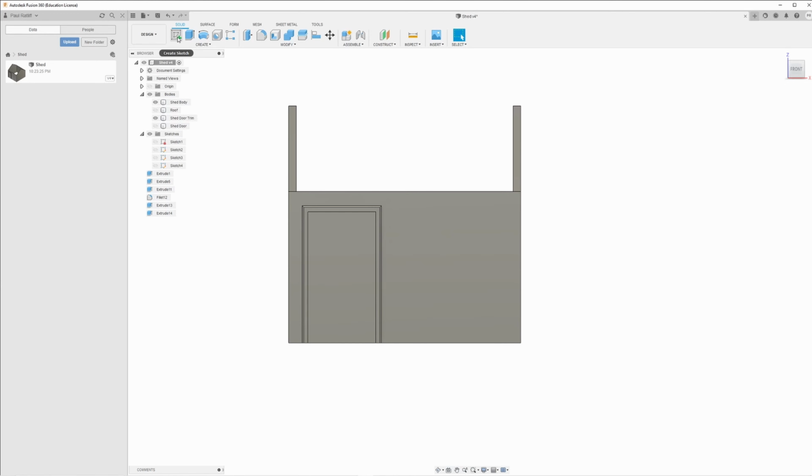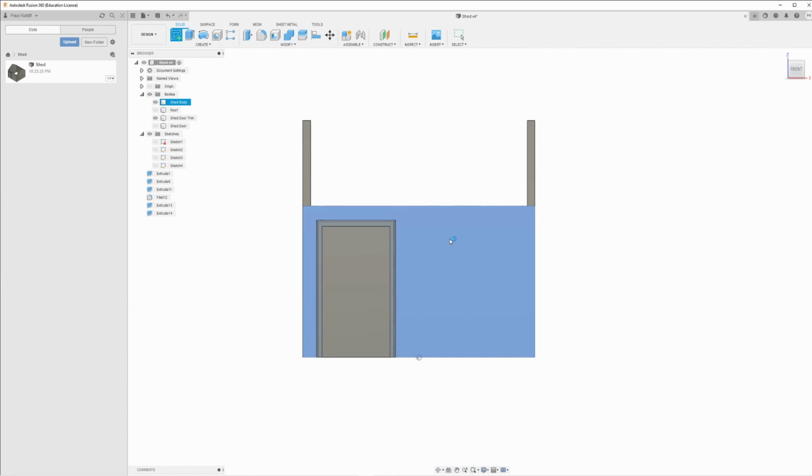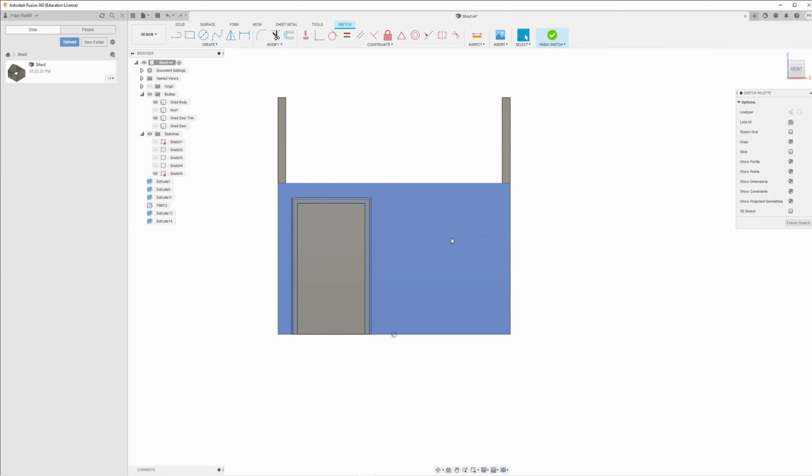Alright, again, we're going to create a sketch. Select this body. Now, windows vary widely in size. I think your standard house window in this scale is like 6 millimeters wide and 9 millimeters tall. This is a shed. I am simply going to grab our rectangle tool here. I'm going to start right here where I want, and I'm just going to pull it out and make it look